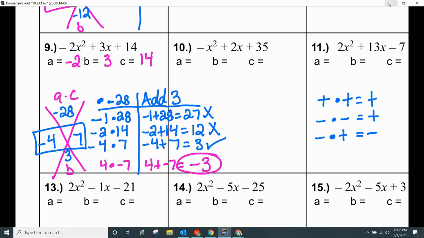So go through and work the rest of them on this sheet, and then the exit ticket is similar to this. This is what I want you to do. I want you to find A, B, and C. I want you to label your X, and I want you to find the 2 magic combo numbers that go on either